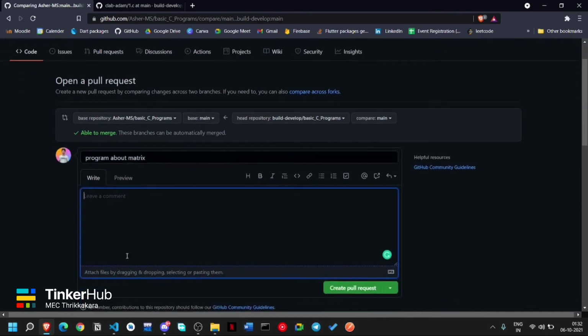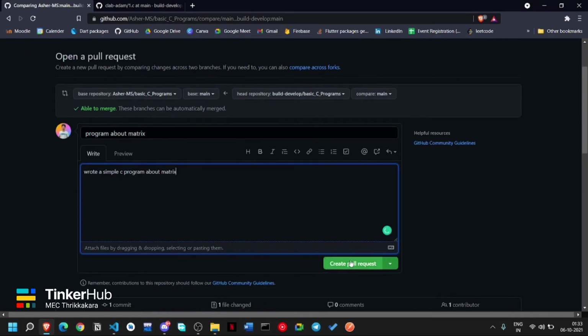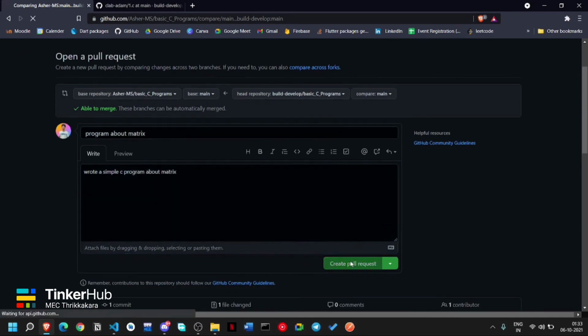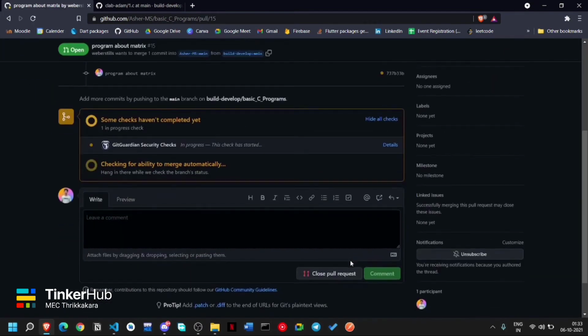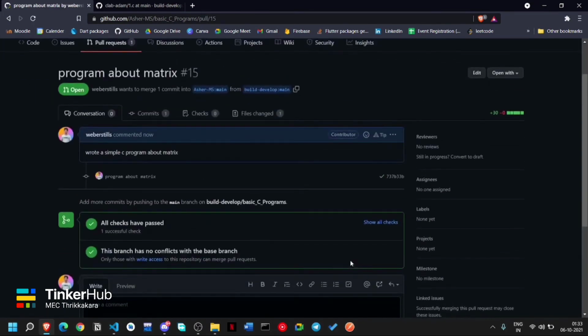In the leave comment section I'll write wrote a simple C program about matrix. I click on create pull request. So yeah, that's basically it.